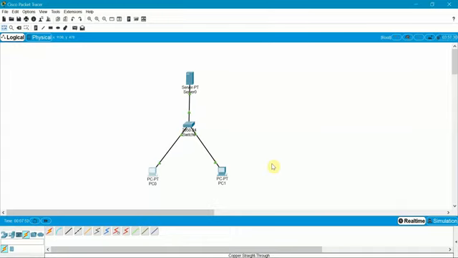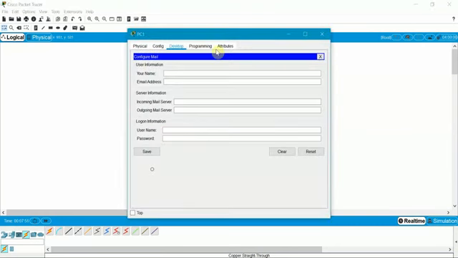Now open PC1, click on PC1 and then go to email, give the name of PC1, and fill the email address along with the domain name.